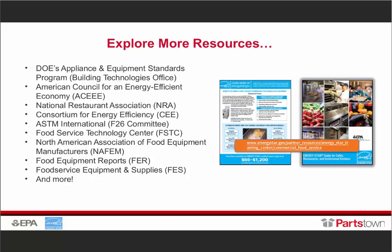On the right is the link to a comprehensive list of marketing materials for Energy Star commercial food service products, including the co-brandable cafe, restaurant, and commercial kitchen guide that I just described, co-brandable sell sheets for each equipment type, case studies on organizations that successfully incorporated Energy Star certified equipment in their facilities and the savings they achieved, and many more resources. For even more information, and in no particular order, also consider this non-comprehensive list of resources